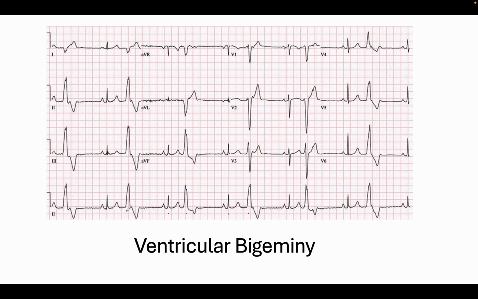So you'll see an abnormal and a normal pattern of ventricular ectopy, and in this case the ventricular ectopy seems to be monomorphic in nature. So these VEs generally look the same shape,